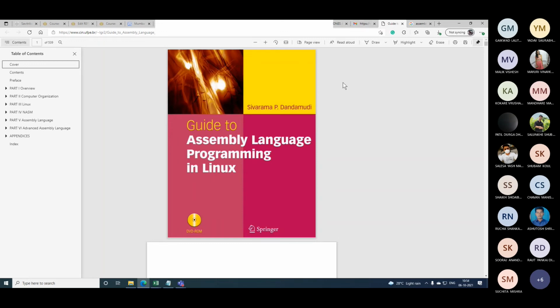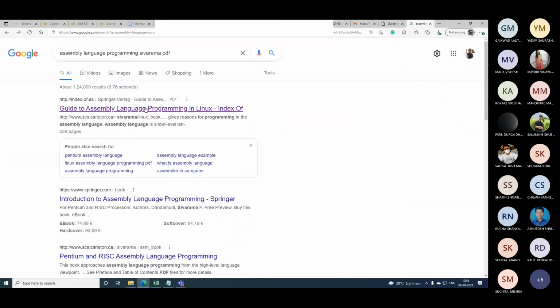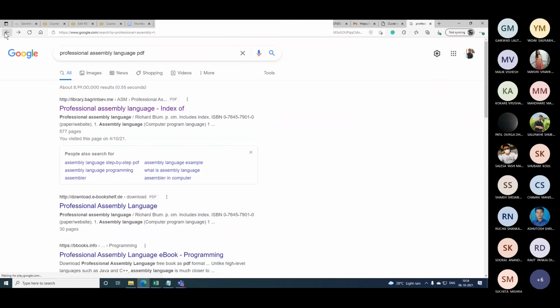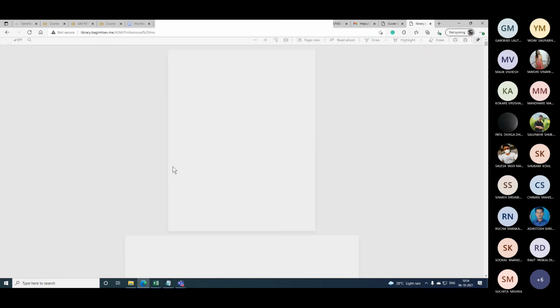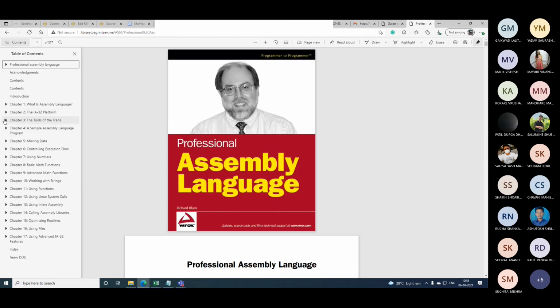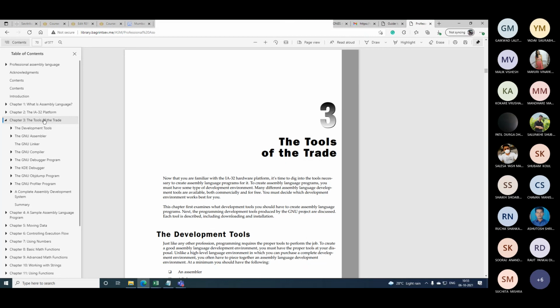If you ask me, on the primary level I should read this, and on the secondary level, I suggest you read the third chapter from this book. It gives you some information about different tools.